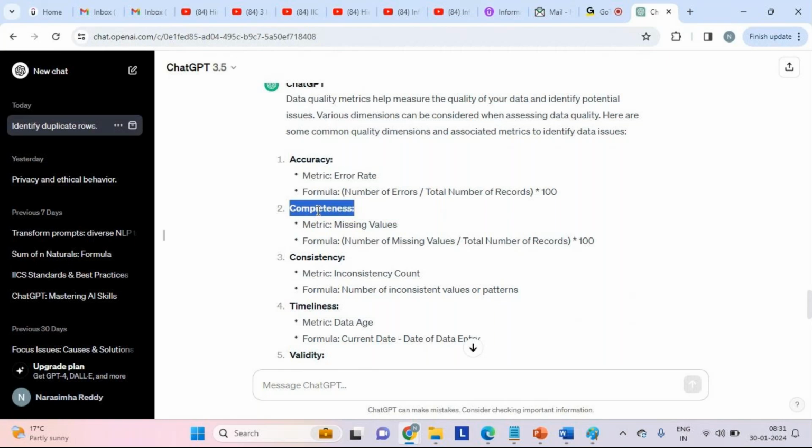For example, the source has a date field, and for the date field we expect not-null data or some validated data. In case it is null, we can say that it's missing. We expect a valid date, but we got an invalid one, which is a null. That's where we can say it's incomplete.